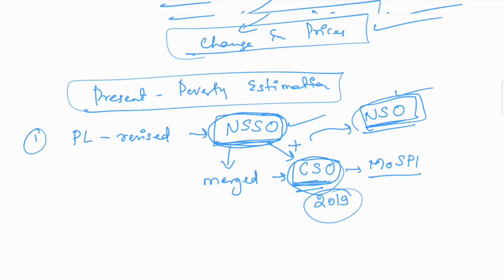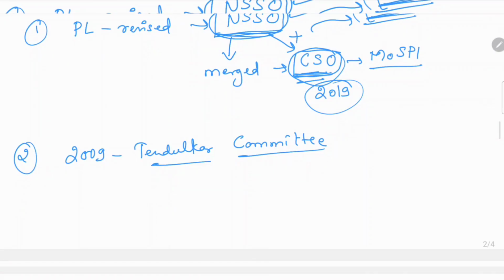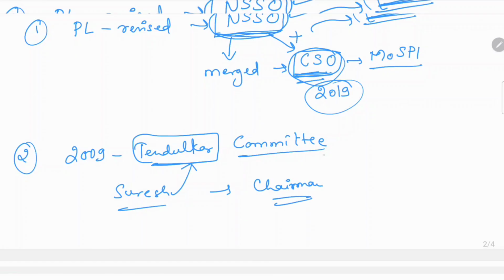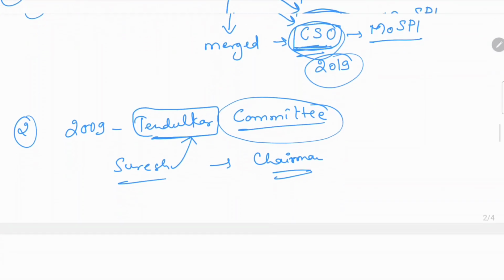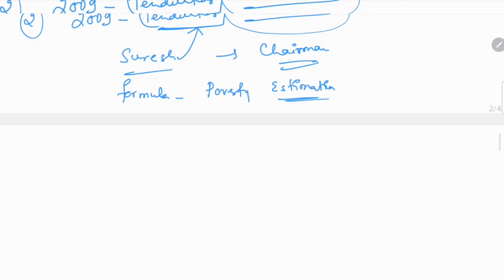Secondly, our present estimation of poverty is based on the 2009 Tendulkar Committee. Here do not confuse Tendulkar with Sachin Tendulkar. He is not the one, rather it is Suresh Tendulkar. Suresh Tendulkar was the chairman of this committee, and that is why it was called the Tendulkar Committee. This committee had the responsibility to come up with the formula for poverty estimation in India. This was its purpose, and this committee came up with a method that was known as